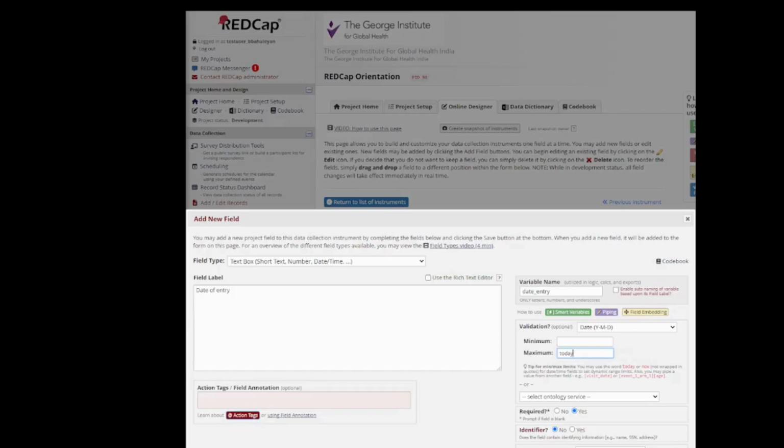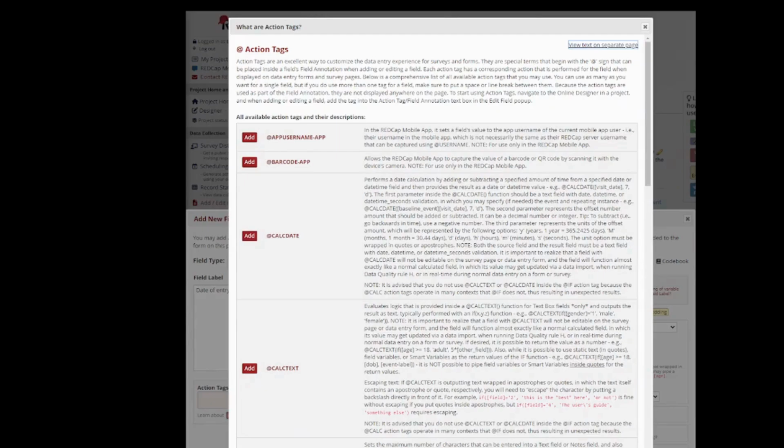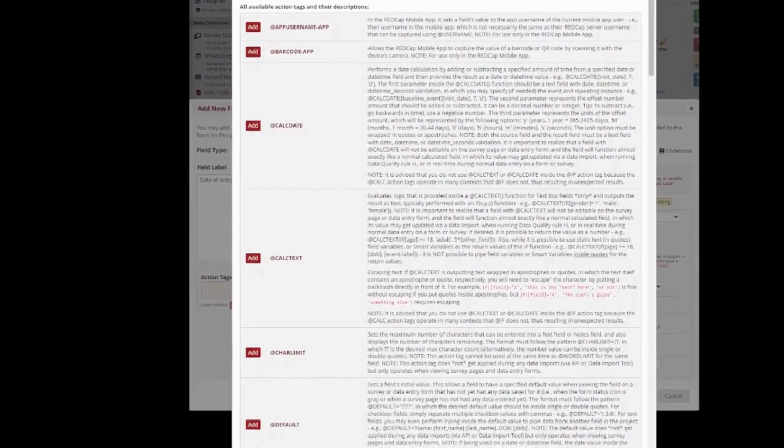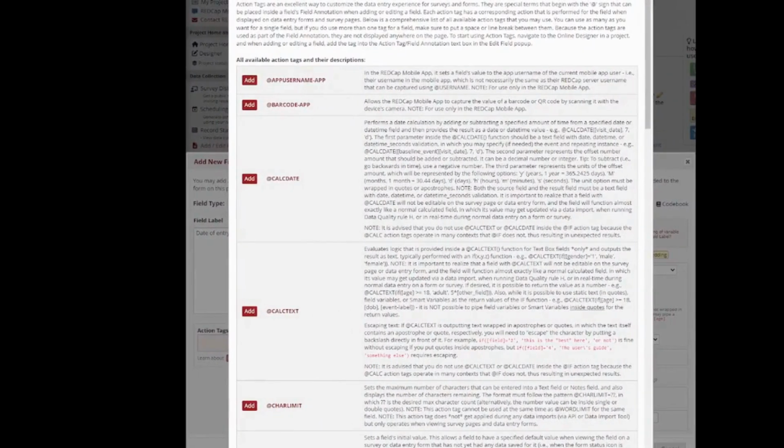These are the different properties of REDCap, and there are different features, different options called smart variables, piping, embedding, etc. Out of which, click on action tag, and these are the different action tags available within REDCap. You can scroll down, there are many. And if you want to enforce that this minimum maximum is